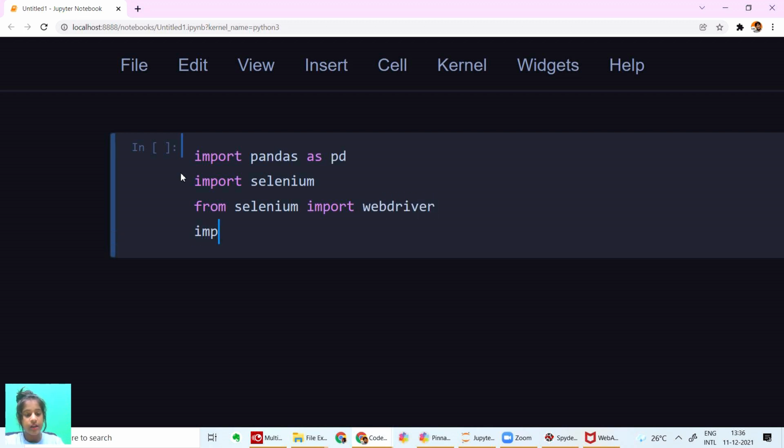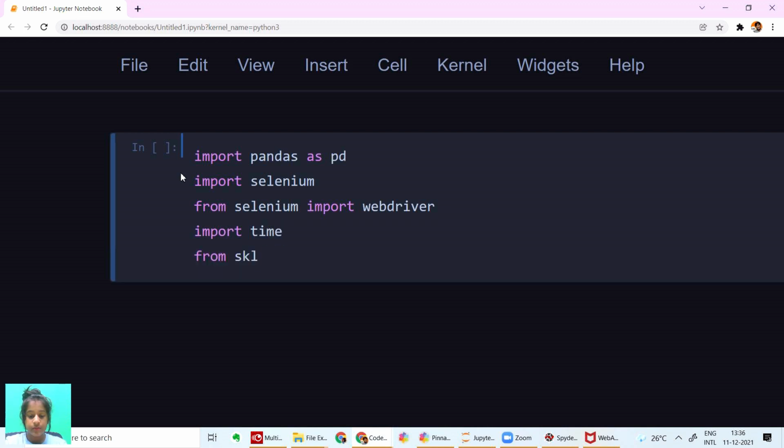And I'm going to import time. Time is basically for waiting, and we have these exceptions, right? Stale element exception and no such element exception. So let's do that.